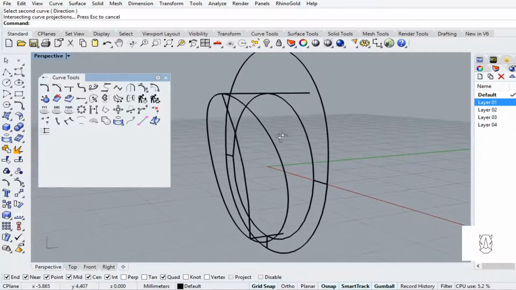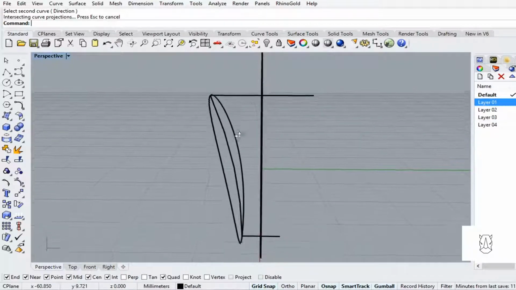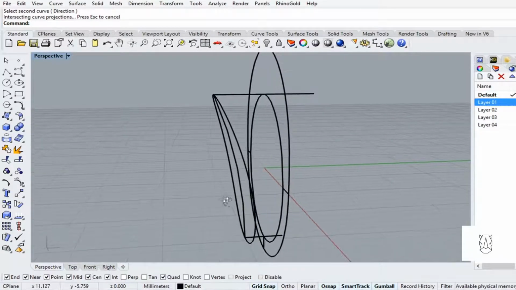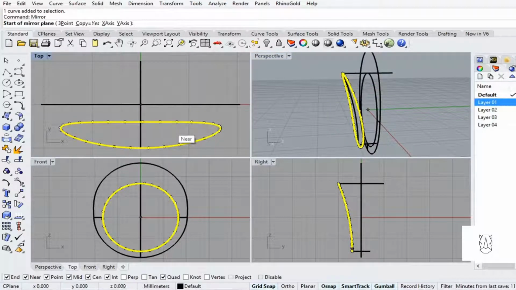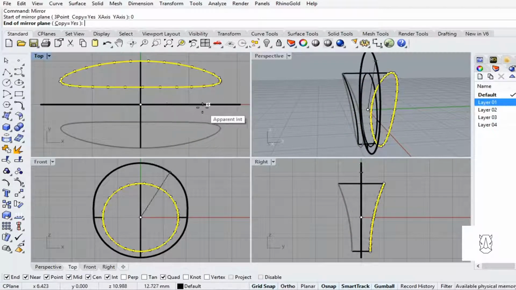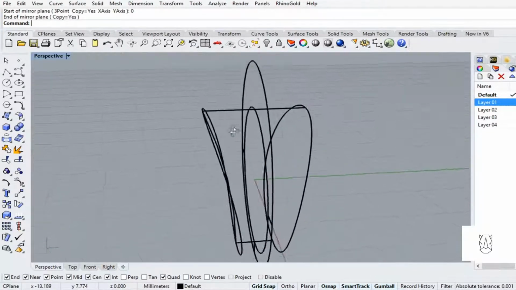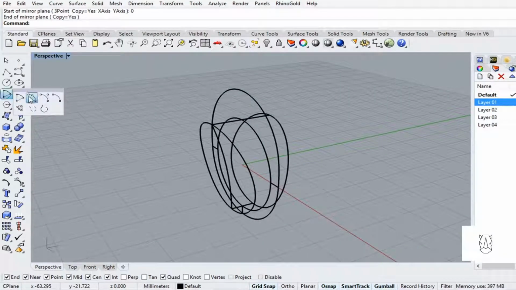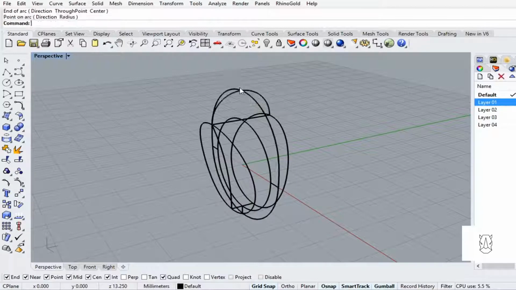So you can see that it can be like a mirror, but it's following the angle of the curve that we drew. Now we have to select this circle that we drew and then type mirror from 0 point. In your top view, hold down the shift key and create something like this. The next step is to draw another arc from this point to this point to here,